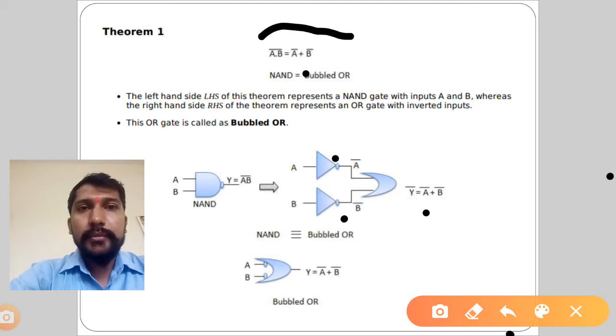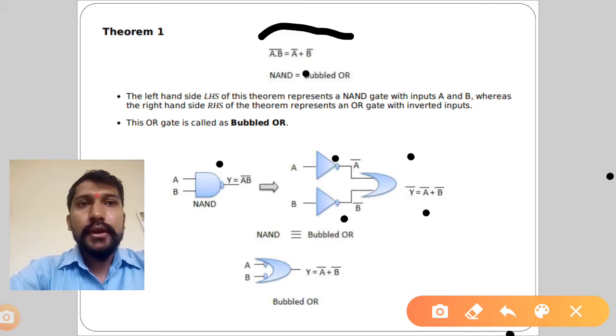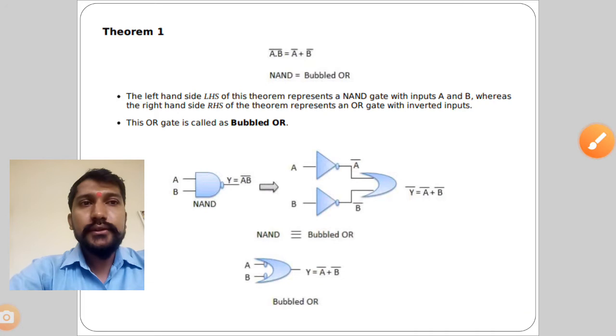Okay, so what will be the statement for De Morgan's? Product of complement is equal to sum of individual complement. (A dot B) bar is your NAND gate, A bar NOT gate, B bar NOT gate, and both are joined using which gate? OR gate, that is A bar plus B bar. So both sides should be equal. Now we have to verify whether left hand side is equal to right hand side or not. So let us verify this.